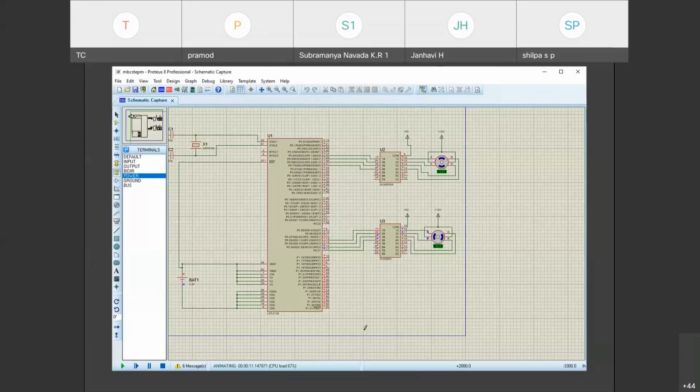Clockwise and anti-clockwise, that doesn't make any difference because it is just the name we are giving. It depends on which coils are energized, based on that the rotation is either clockwise or anti-clockwise. Now as of our understanding, first it should go anti-clockwise according to the code we have written. If the windings are different in the motor, then it will be in reverse order. One order we should remember.